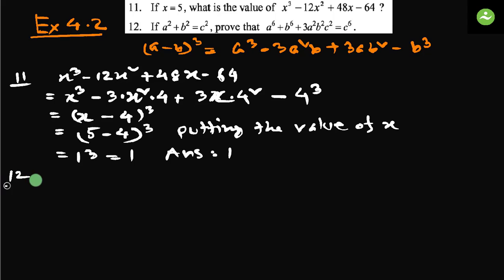Question number 12. a square plus b square equals c square. Prove that a to the power 6 plus b to the power 6 plus 3a square b square c square equals c to the power 6. Always when there is an equation and we are asked to prove, we have to prove the left hand side equals the right hand side. So let us start from the left hand side. Left hand side equals a to the power 6 plus b to the power 6 plus 3a square b square c square